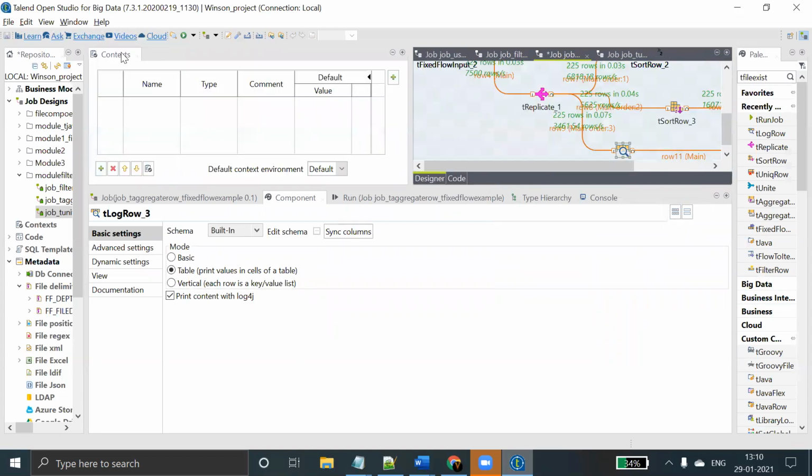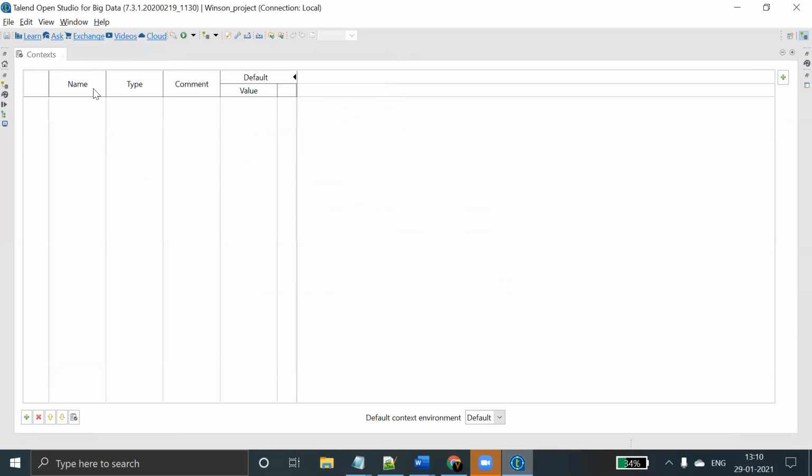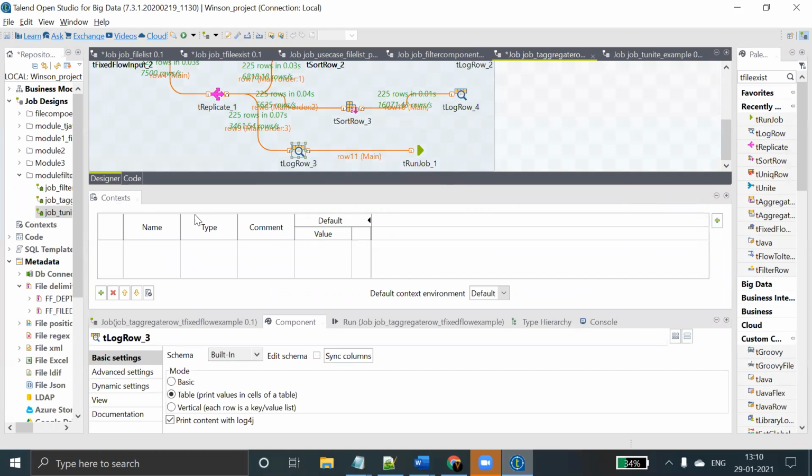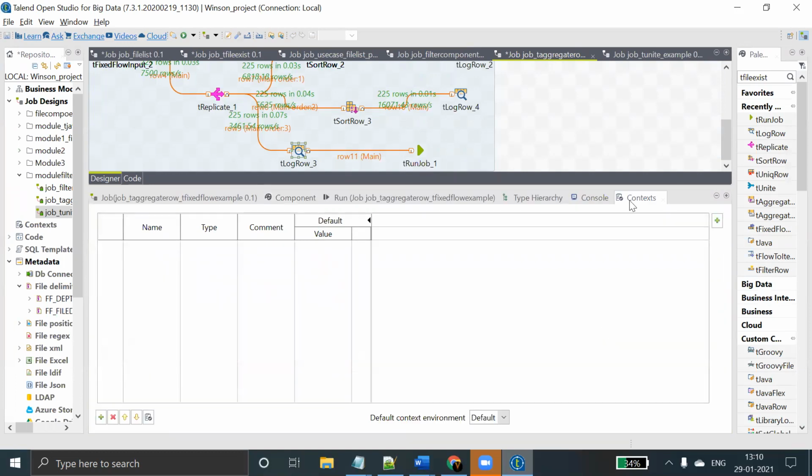So this is a context. You have to select the context variable. We'll see next what context variables are. Just drag here. Okay. You can just select the context variable. I will explain in detail.